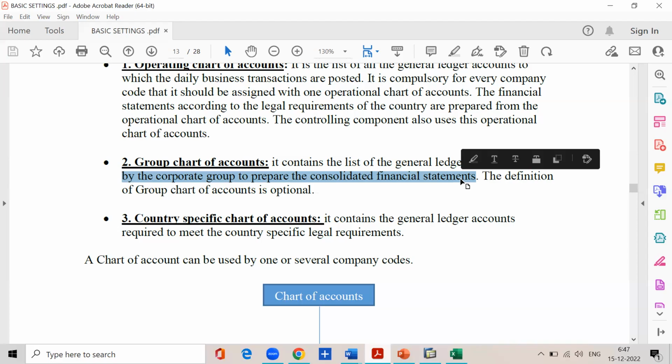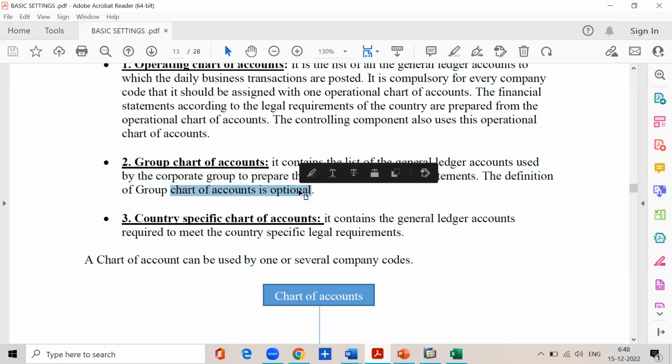The definition of group chart of accounts is optional. Why? If you remember, group means company, and company definition is optional. In the first class, I told you the company represents the group and its definition is optional. So when the company definition is optional, the group chart of accounts is also optional,